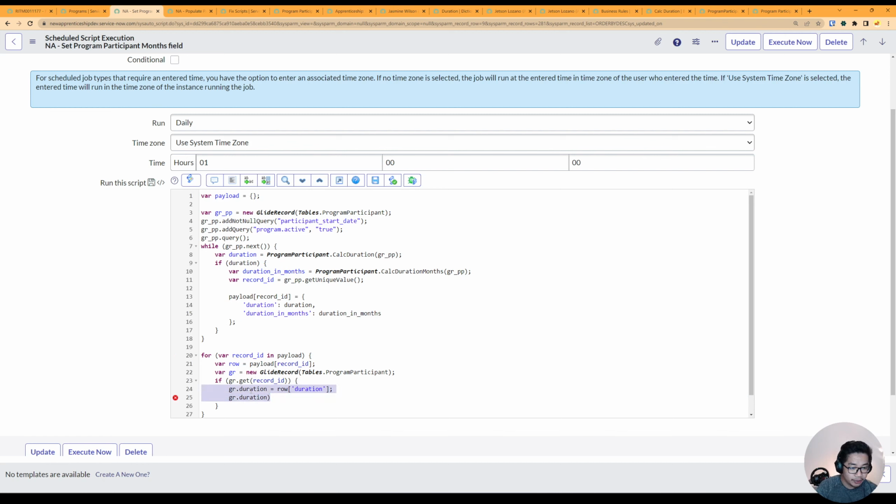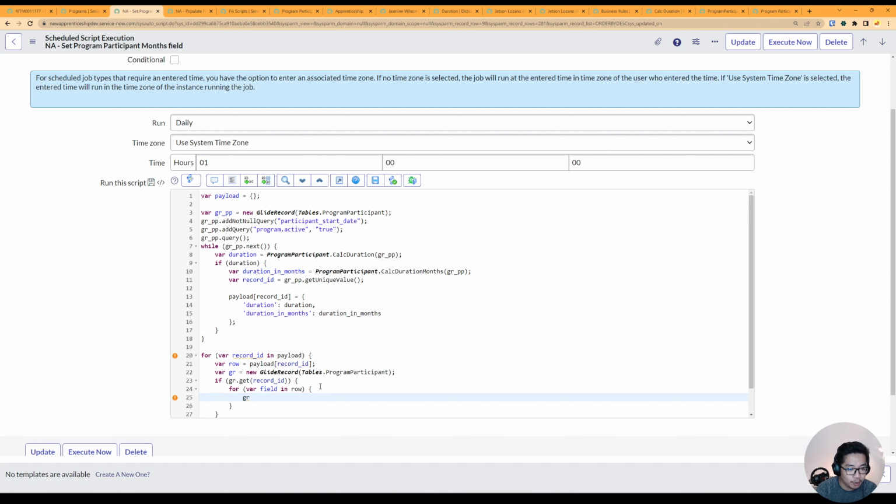Or you can iterate through each of the keys from the row object. So in this case, for variable field, that row object represents this key value pair we plugged in back on lines 13 to 16. So for variable field, that means for each field in this key value pair,